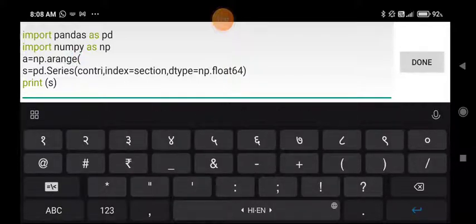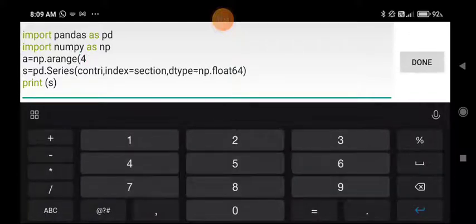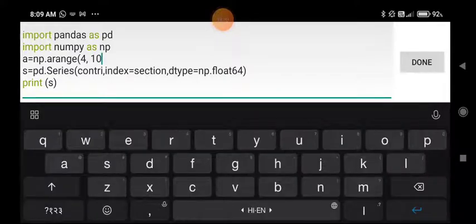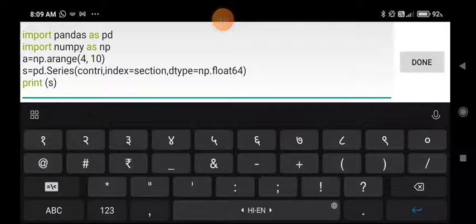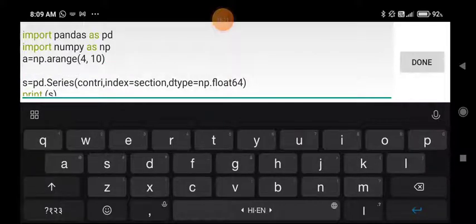So I am writing a is equals to np dot arange, and then I am passing a few values, like 4 comma 10. This will generate an array that will contain values starting from 4 to 9.